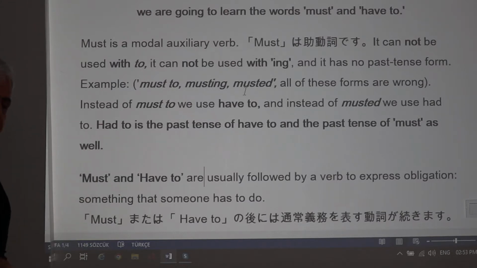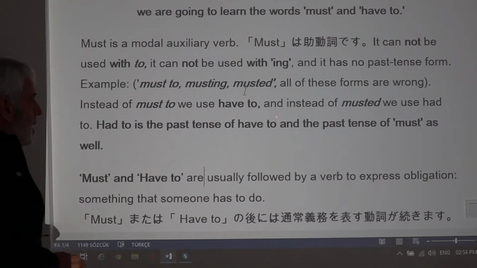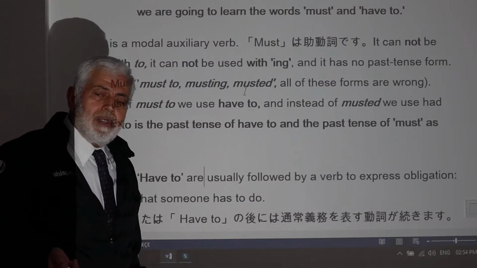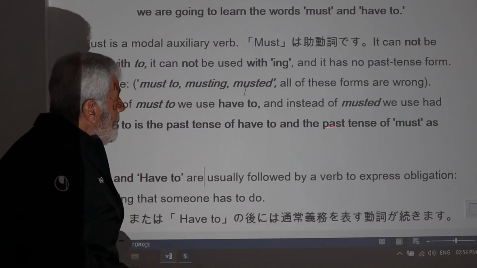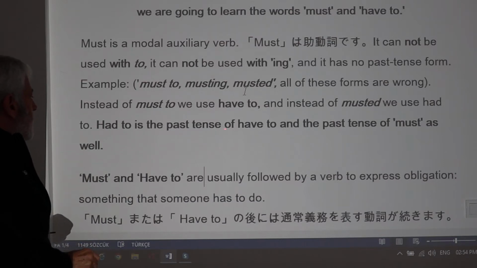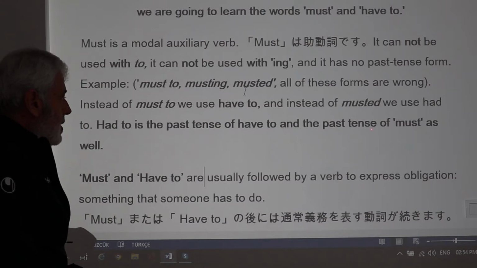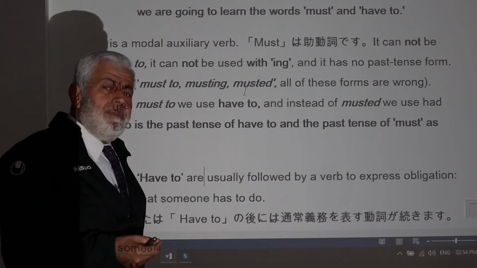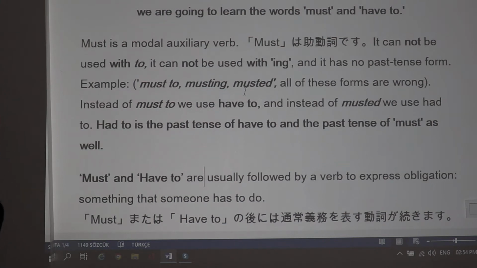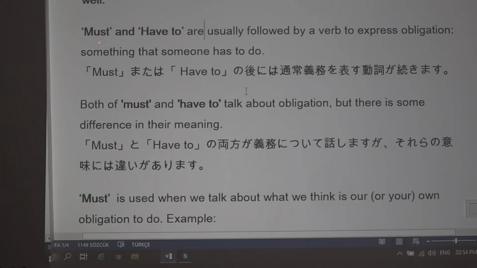これらの形はすべて間違っています。Instead of must to, we use have to。must to の代わりに have to を使います。And instead of musted, we use had to。musted は存在しないので、過去形にしたいなら had to を使います。Had to is the past tense of have to and the past tense of must as well. had to は have to の過去形であり、must の過去形にもなっています。